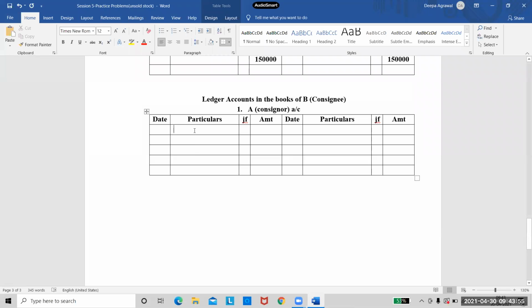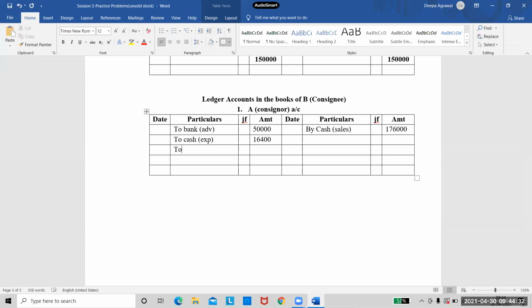The first entry will be for advance. Come to the debit side. So he will write the entry as bank because he's paying through bank draft. So to bank, the amount is 50,000. The next entry is for expenses. So the consignee will write it as cash because he is directly incurring the expenses here. So 16,400. The next entry is for the sales. Again, come to the credit side and he'll write it as cash because he is making the sales himself. He is receiving the cash. And the sales amount is 1,76,000.